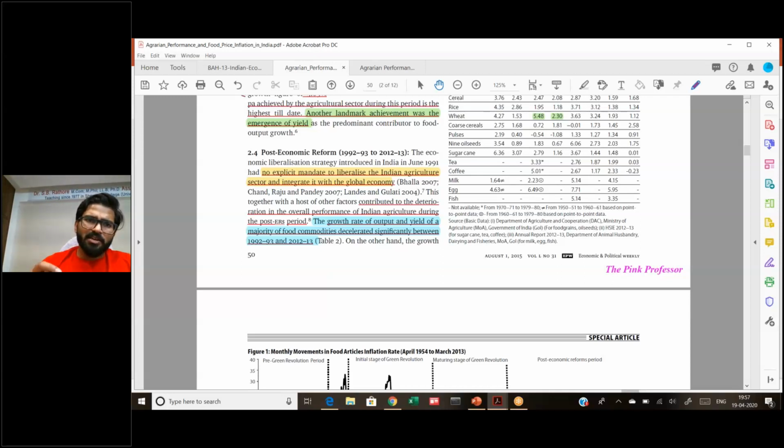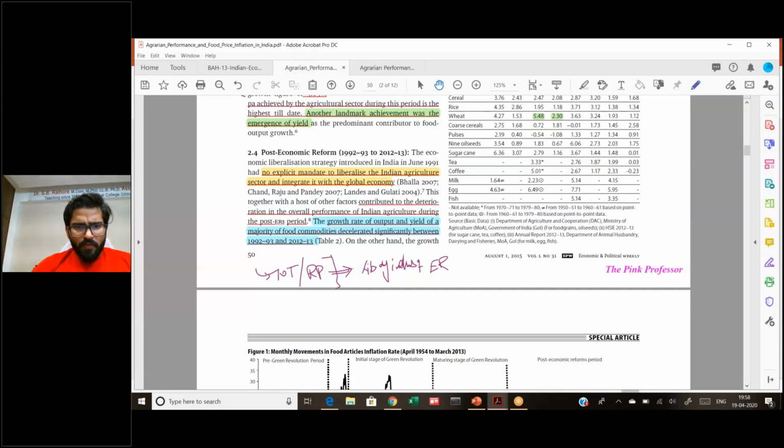So that increased relative prices. Remember the previous reading, the terms of trade increased for agriculture, the relative prices increased for agriculture, and there were incidental benefits because of the liberalization of industries, and the fact that the exchange rate, which was overvalued earlier, was now market driven, and the fact that now you could export and import food grains from India. So these were ancillary benefits which the agrarian sector got because of the reforms that happened in the manufacturing sector, the industrial sector. There were no direct